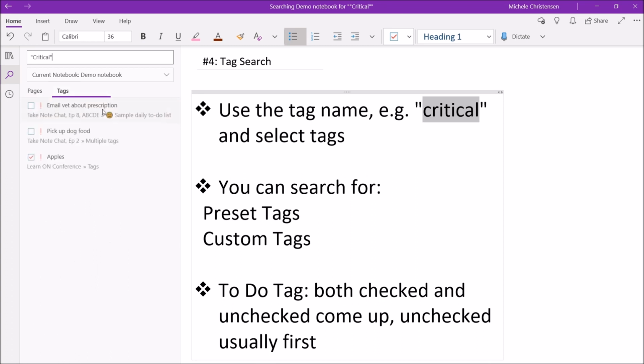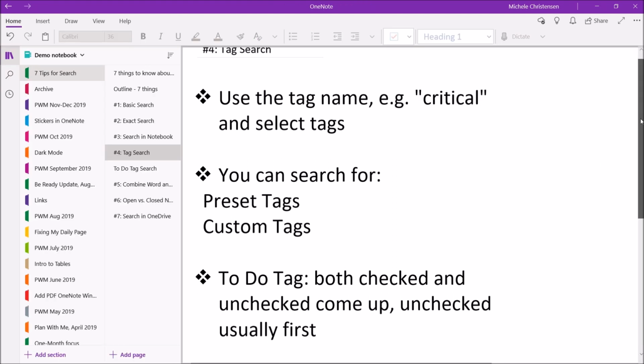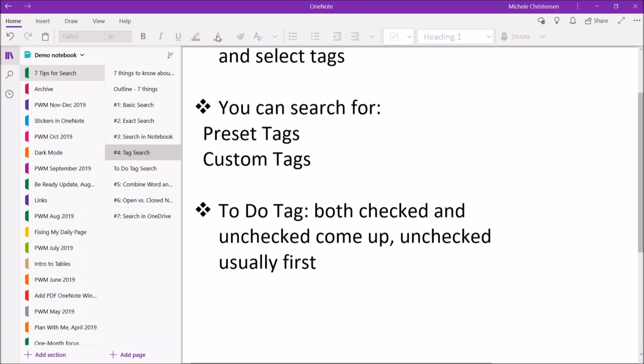And then you want to select tags. And so you can see that each of these is an item in this notebook where I have used the critical tag, the red exclamation point. Now you can also search for custom tags, and I have made up